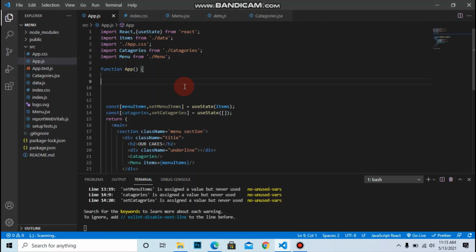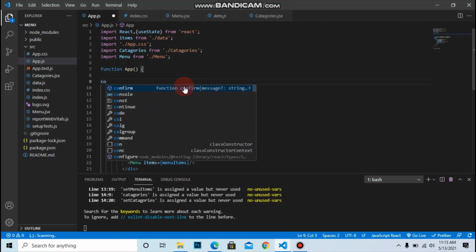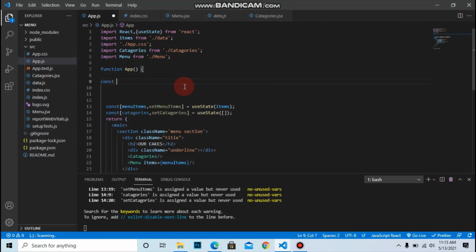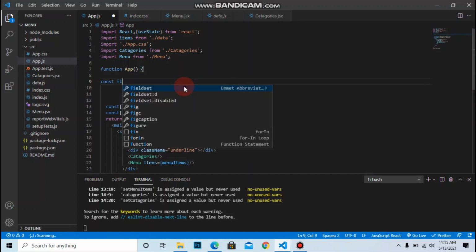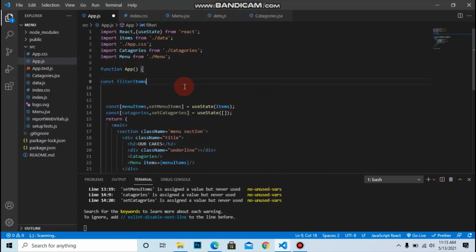So in the app.js, let's first of all filter the items. To filter the items, we use the filter method. Let's first declare the variable for the filter items, that is filterItems equals to an arrow function, that accepts the category as a parameter.